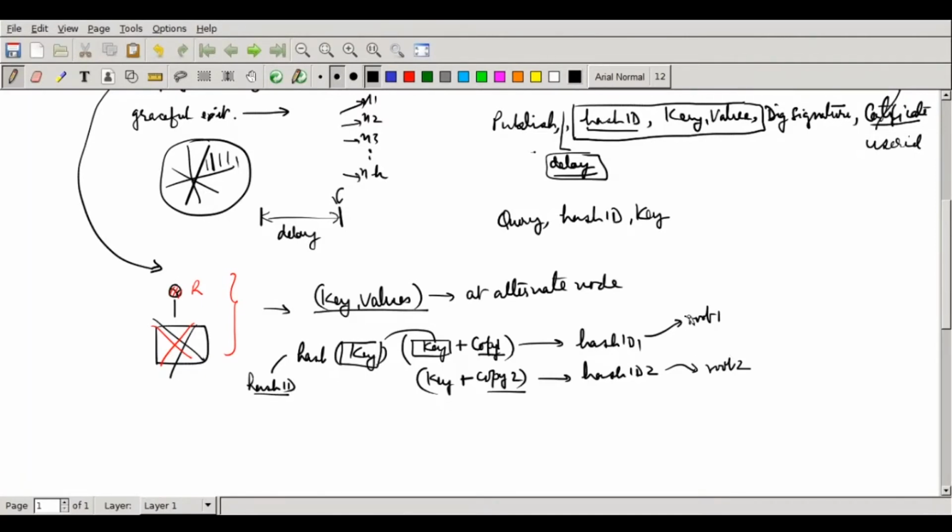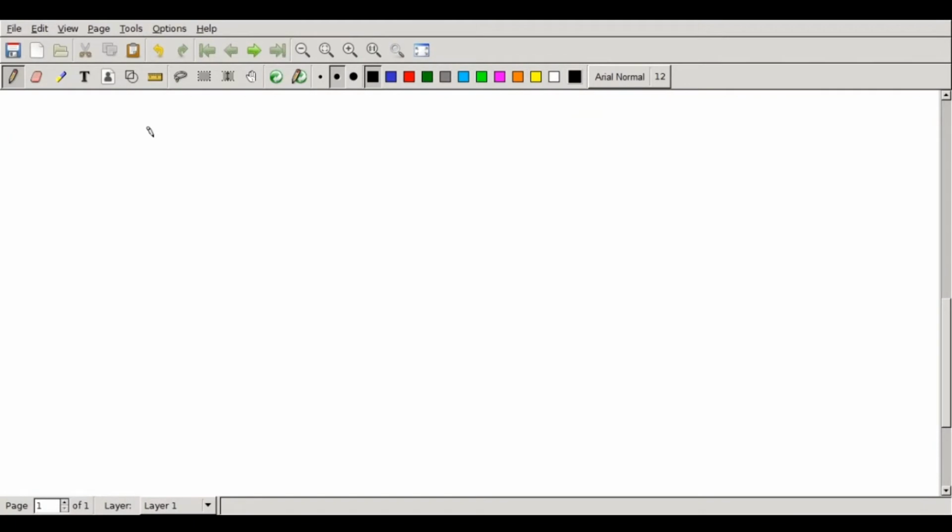Okay. So now when a node needs to search for a key, either for publishing or even for research, in this case I am assuming it to be for research, he has to choose one of the two options.